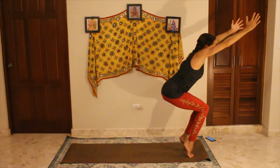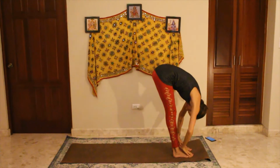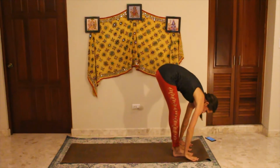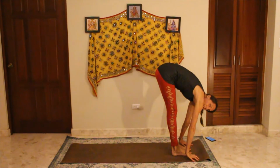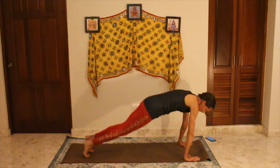Balancing here. Lower the heels, forward fold. Inhale, flat back lift, exhale, release. For these next 2 rounds, option to jump back or step right foot followed by left, your option. So we're going to jump back to plank,